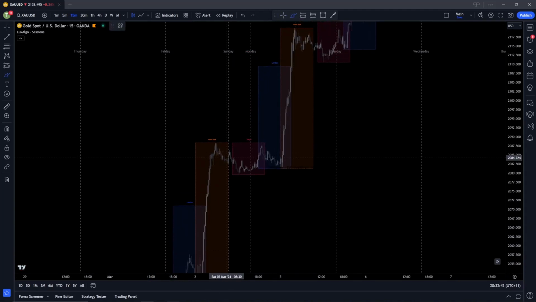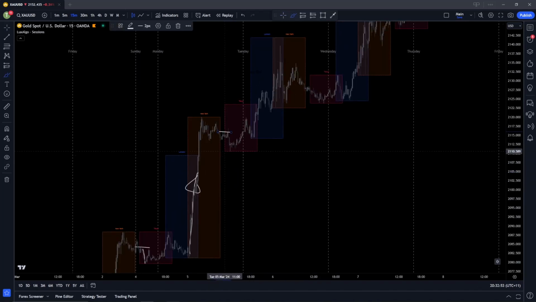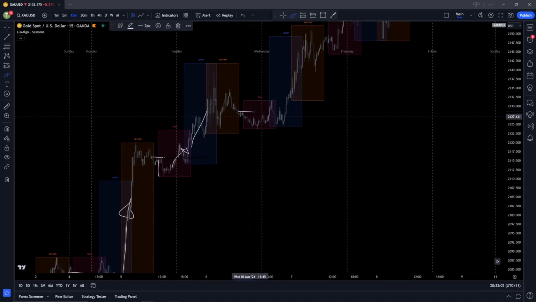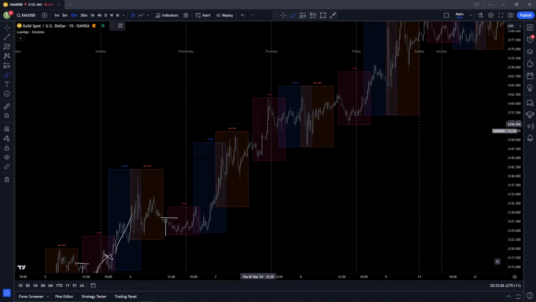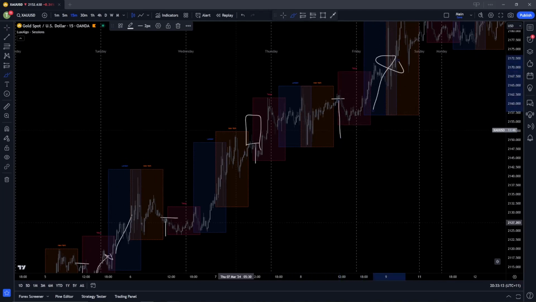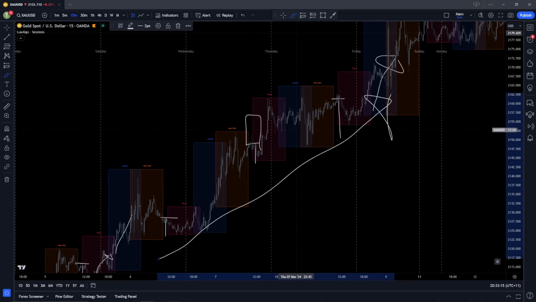But in this one, daily candle opens, in the first half of Asia, we create that bottom wick, then we reverse in London, push in New York. Same here, first half of the day, create that bottom wick, push a bit in Asia, push more in London and New York. Same here, open, create that low, push. Again, open, create that low, push. So if you were to adapt to these conditions, you'd be able to trade that really well.